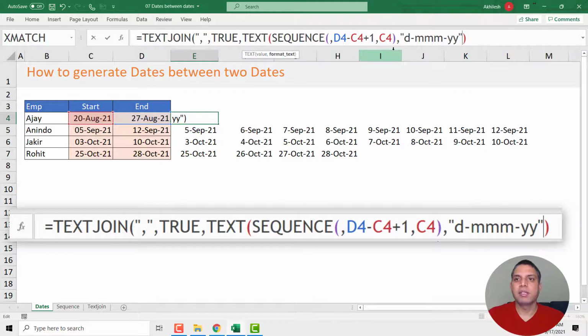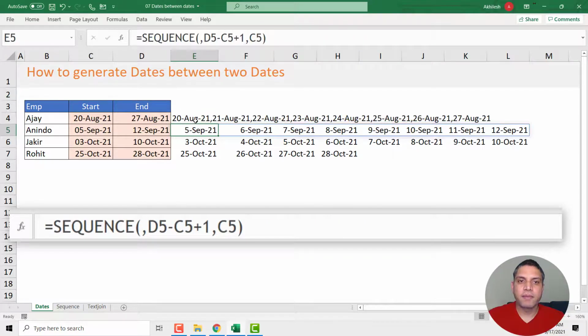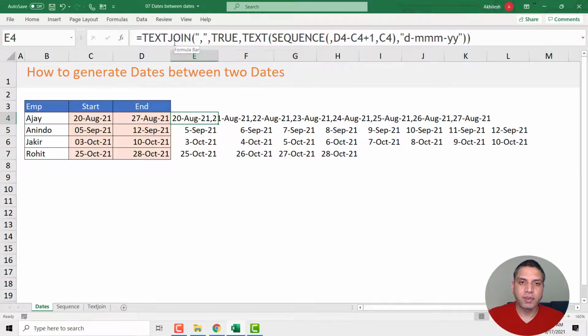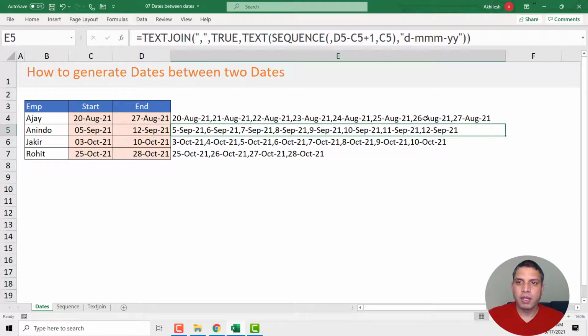That will take care of the format. Close the bracket once more so that the TEXT function is also closed. When I press enter, now you can see the dates are formatted as text first and then only they are joined with the TEXTJOIN function. And I can copy it down to get the values for all the employees. Now you can see all the dates are coming in one single column.